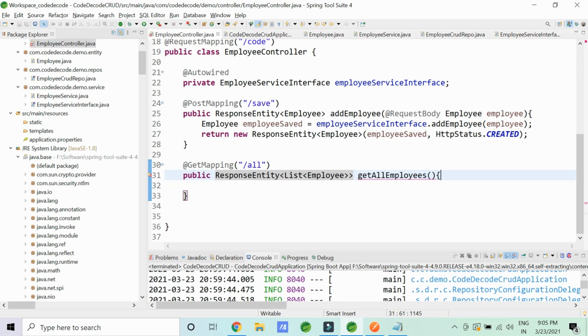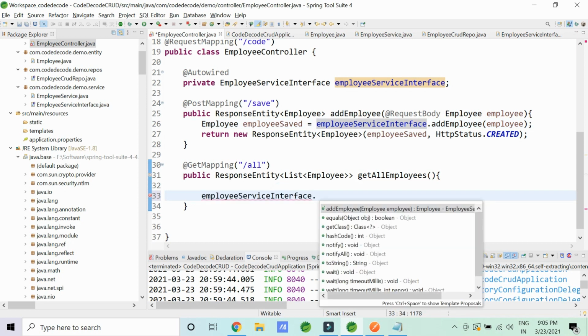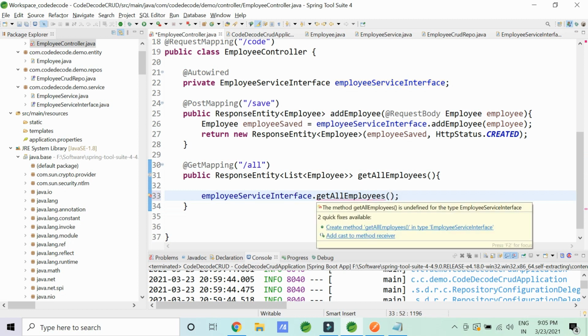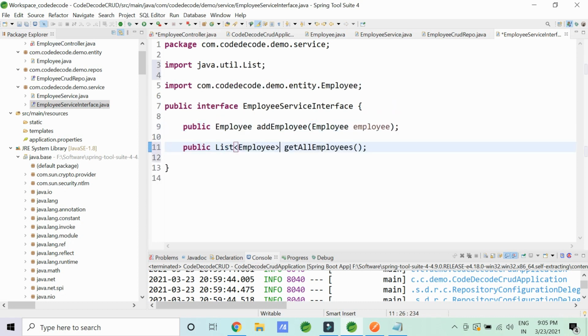So what I'm expecting is an employee service interface to have a method which is capable enough to get all employees without taking anything. So now it says it is not there already, so I'm expecting you to please create it for me. But it's not going to be created as a single one. I want it as a list of employees which is returned to me. So in this, I'm expecting a list of employee to be returned. Now, moving ahead further, we have created this.